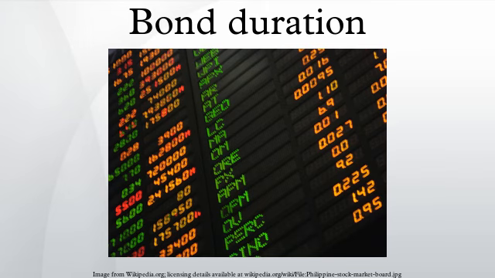Average duration, the sensitivity of a portfolio of bonds such as a bond mutual fund to changes in interest rates, can also be important. The average duration of the bonds in the portfolio is often reported. The duration of a portfolio equals the weighted average maturity of all of the cash flows in the portfolio. If each bond has the same yield to maturity, this equals the weighted average of the portfolio's bonds' durations, with weights proportional to the bond prices. Otherwise, the weighted average of the bonds' durations is just a good approximation, but it can still be used to infer how the value of the portfolio would change in response to changes in interest rates.